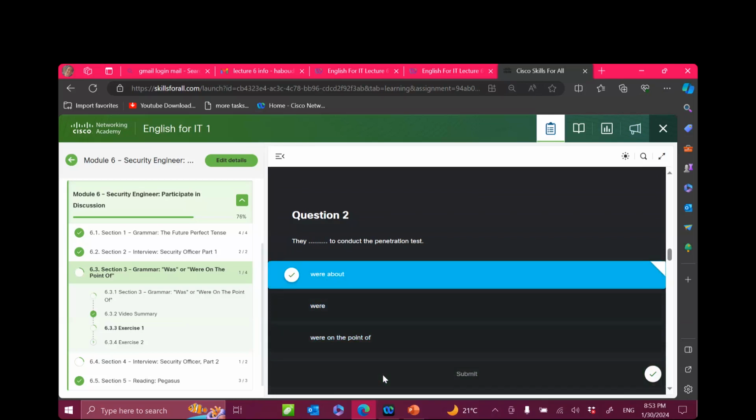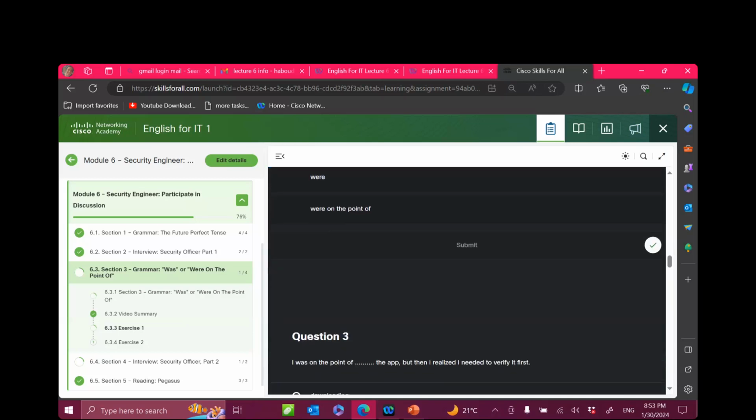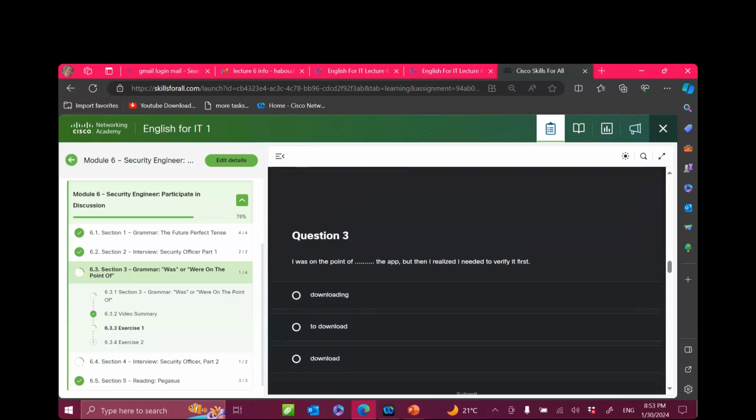Okay, very good. So they were about to conduct the penetration test. I was on the point of. هنا عندي إيه؟ Was on the point of. It should be followed by what? Gerund. Okay. So the correct answer is